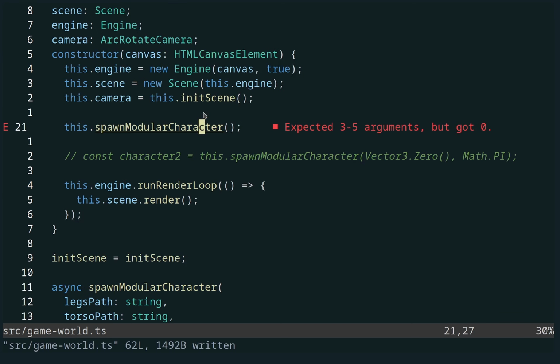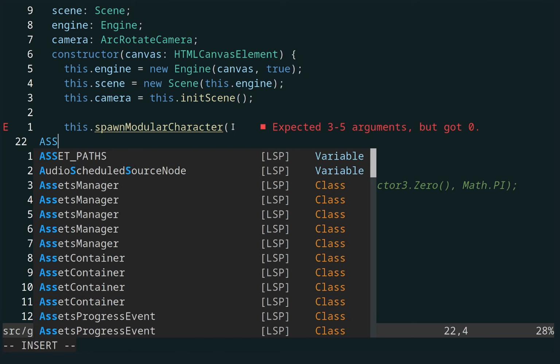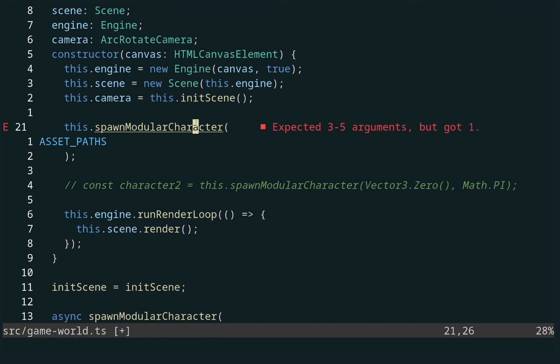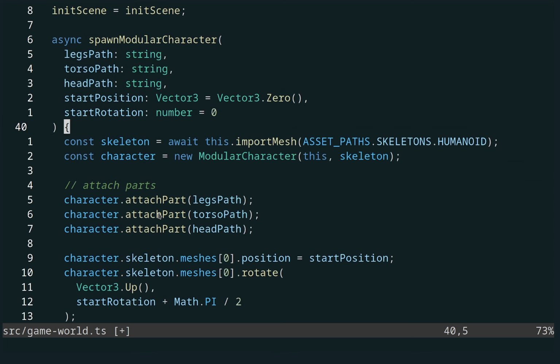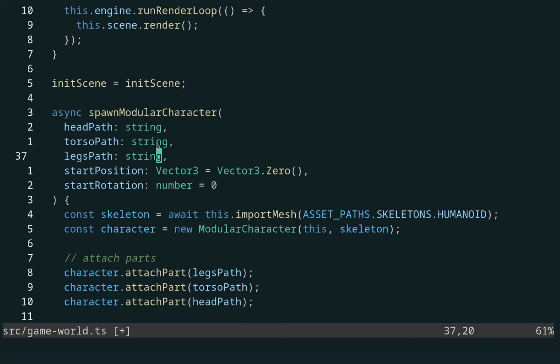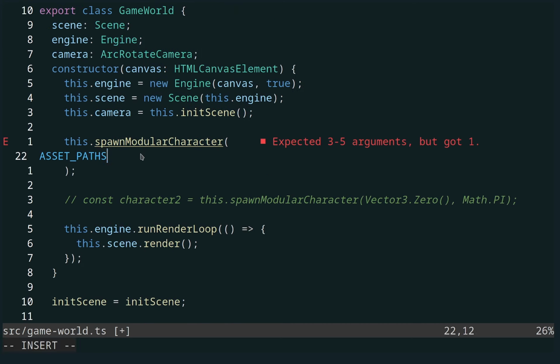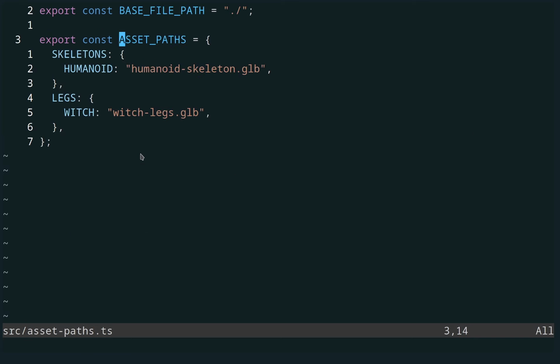Now here we have to say what parts we want. So here we'll say asset paths. I forget which is first. Legs. I'm actually going to make it go head first, then torso, then legs. It'll be a nice top-down ordering. So we'll say asset paths dot. Oh no, we didn't define our asset path. So here we have to add the things we exported. So we'll say